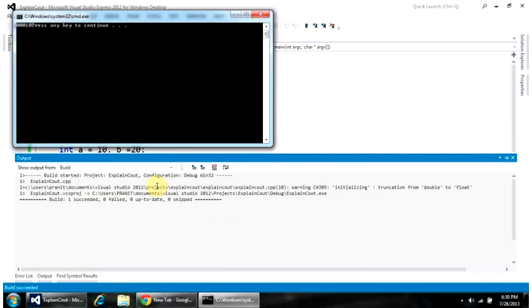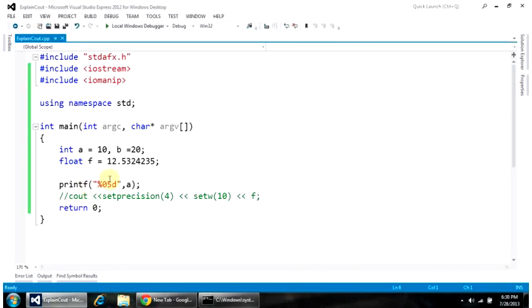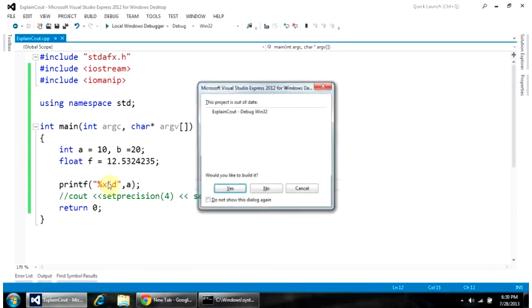Yeah, see, whenever you just say %d and comma a, it is just showing the value of a as 10. It has not been preceded with anything, but now you have explicitly said that whatever the value, it should fill with zeros if it is not filling that width.